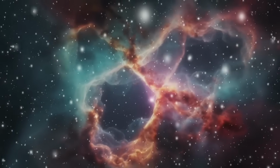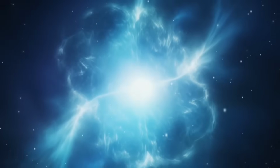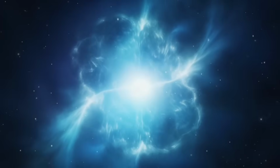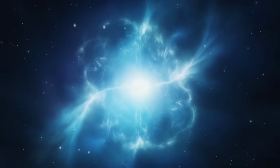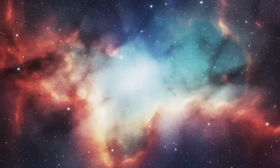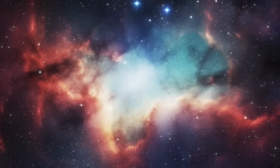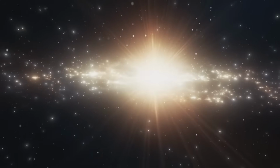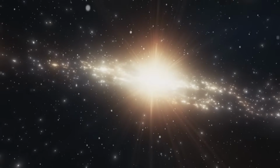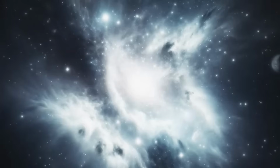To consider a star capable of engulfing entire planets, radiating billions of times the energy of our Sun, and ultimately collapsing into an invisible, gravitationally dominant black hole, is to confront the extremes of reality itself. It is a reminder that the universe is not bound by human imagination or perception. It operates on scales that dwarf our comprehension, where energy and mass reach levels so extraordinary that they inspire both